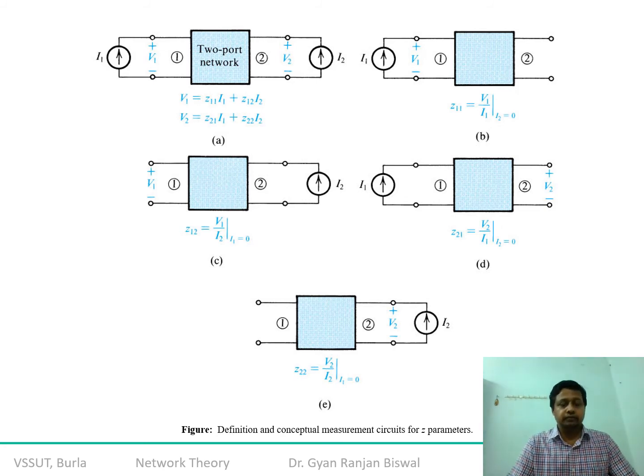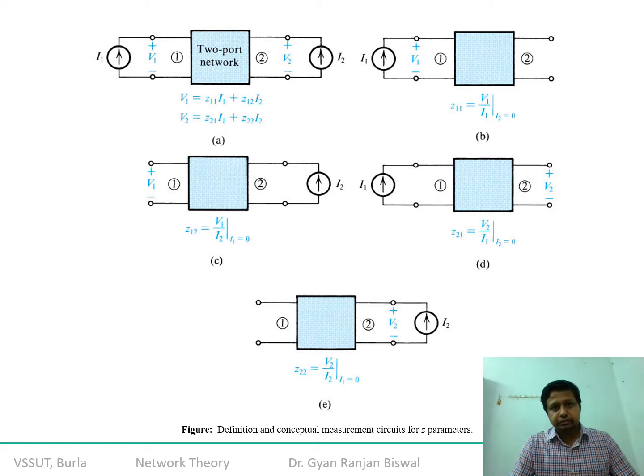So now you are getting four quantities. Z11 is recognized as the input impedance. Z22 is recognized as the output impedance, the impact of impedance over terminal 2 only. Then the forward impedance, that is from 1 to 2. Which one is the forward impedance? Can you notice? This is Z21. Remember, you are moving from the outward subscript to the inward subscript. That is always the way of recognizing or pronouncing the parameter.